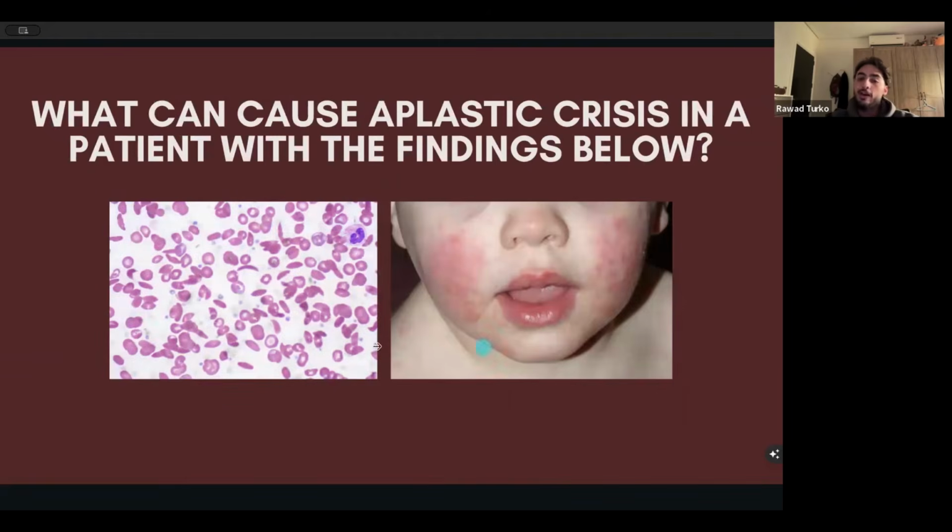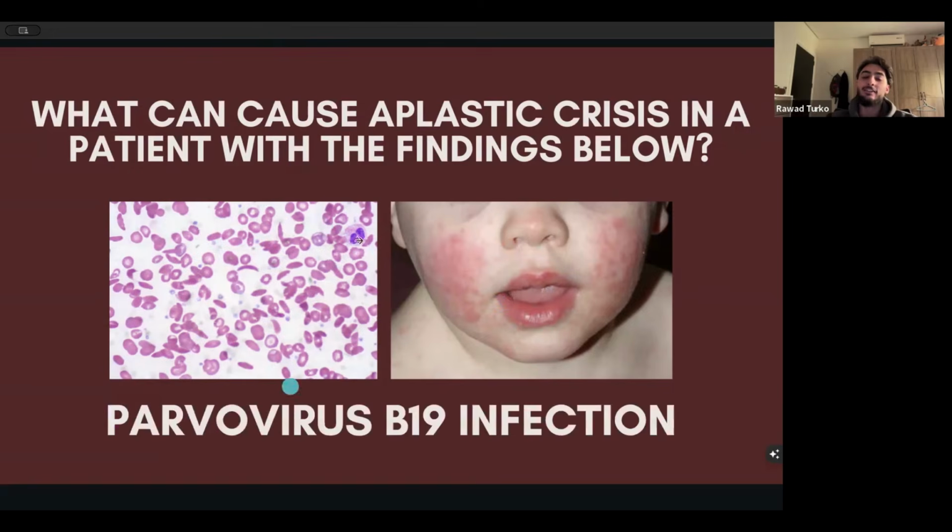Okay, now you have this child. This child has the following blood smear, and he has this physical exam finding, and he's presenting with very acute onset aplastic crisis: low RBCs, low white blood cells, thrombocytopenia. What can cause these findings? What infectious agent can cause these findings? Try to focus on the physical exam findings here. This picture. Parvovirus B19, perfect. So this is a case of aplastic crisis brought on by parvovirus B19 in a child who